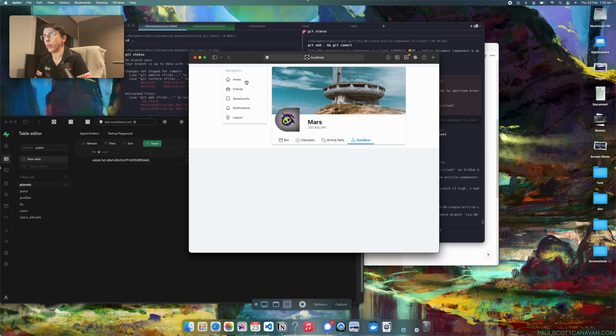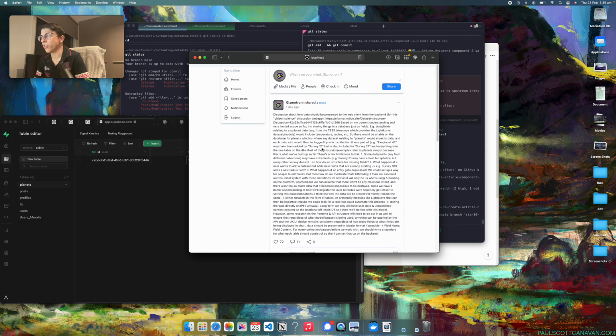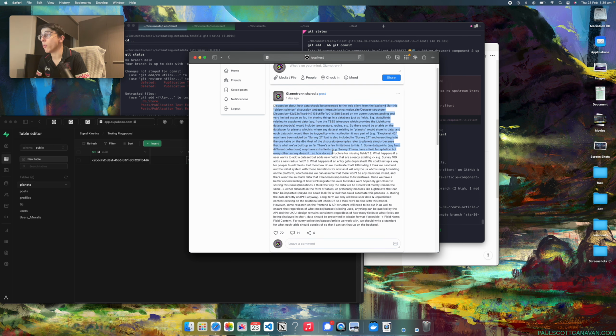And going back to the post section, this is where people will be discussing different data points, different micro frameworks they're working on, or micro data points or data sets or whatever. This is where people will discuss things, and this is where people will reference things. We're also going to be having a section for the articles, which is where the automating metadata extraction comes into it. But rather than